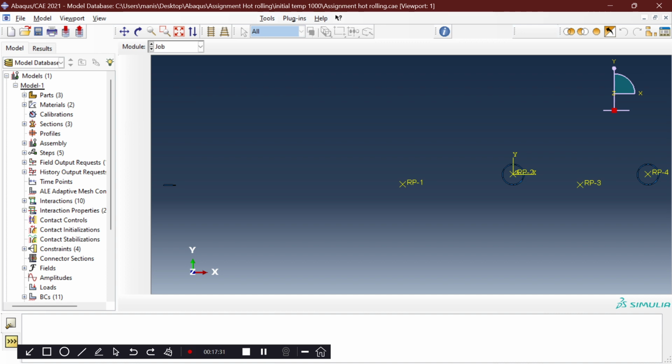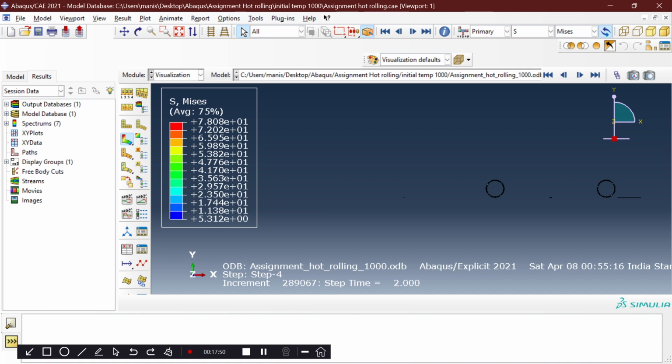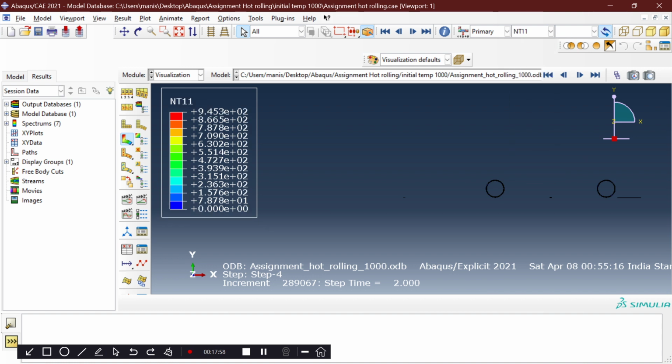I don't know why it is taking so much time. Yeah, it came. So here you can see the results. I can show you how my results are, how the reduction is taking place. So this is my case. I will show you the temperature. Actually it will be much better. So nodal temperature, let me